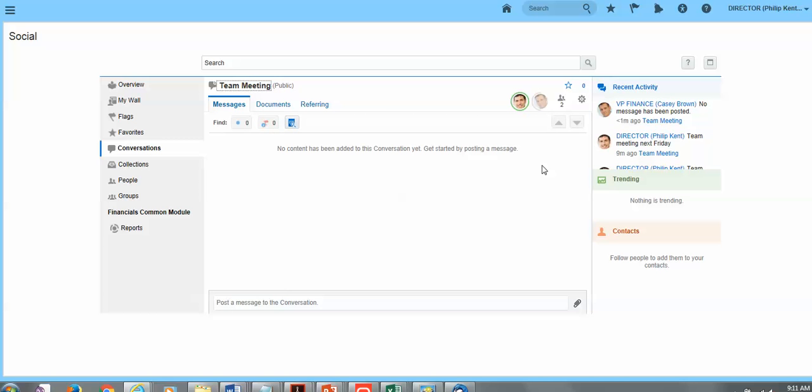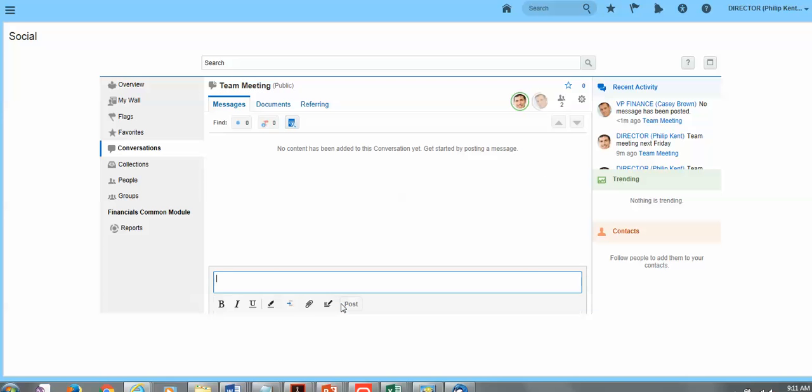So it's nice, it's embedded again into the application. You've got a collaborative tool that allows you to post messages and really have efficient conversations and collaboration among your financial compliance. Let's say team meeting